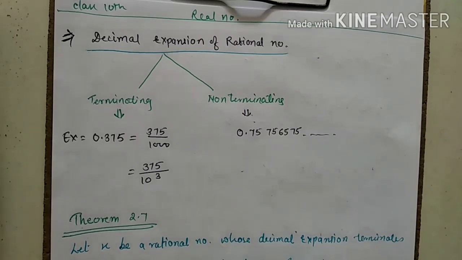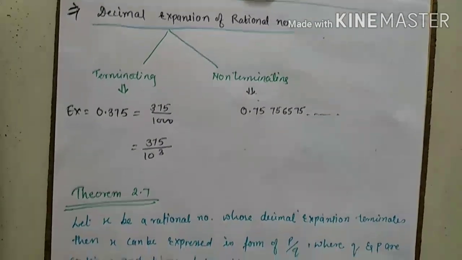As you know, you have already studied in 9th class terminating and non-terminating decimals. But here you have to find another way to decide whether it is rational or irrational by some theorems. Here you don't have to use any long method or any conversion method. You have to use 1 and 2 theorems. By these theorems you can get your answer as rational or irrational. So just see here, theorem 2.7, and this theorem is very important to understand.